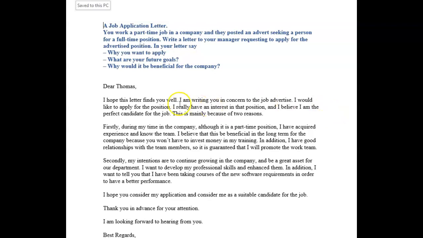This is a little awkward here. I really have an interest in that position. I mean, you haven't even referred to it by name. So you can just see that all this sounds a little unnatural. So, I don't know. Let's pretend it's like digital media expert or something, okay? So let's just pretend. I'm writing you with regard to the job advertised in the company website. And I would like to apply for the position of full-time digital media expert. I really have an interest in this position. You see,